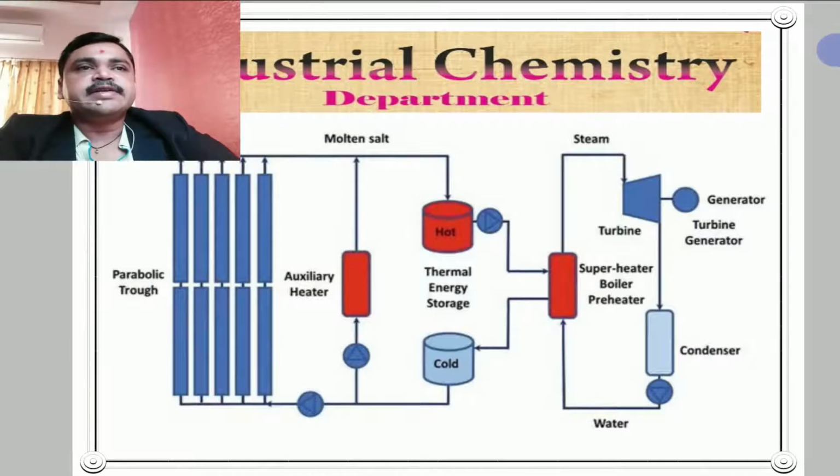The collector heats a synthetic oil to a temperature of 400 degrees Celsius with a collector efficiency of about 0.7 for beam radiation. The synthetic oil is used for generating superheated high pressure steam, which executes a Rankine cycle with an efficiency of